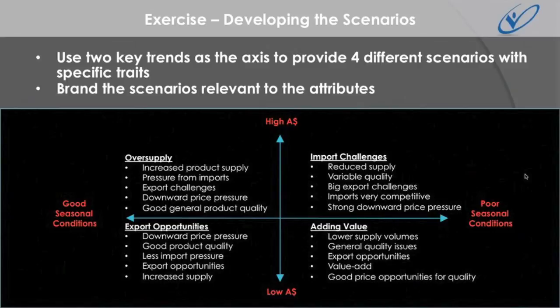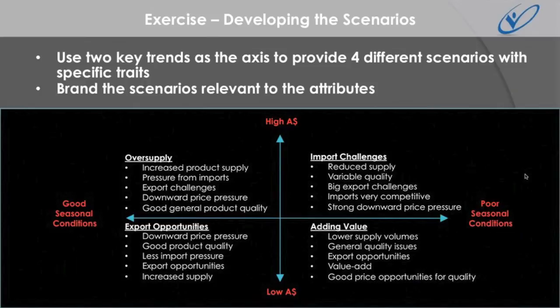So what you do is, in each quadrant, you just come up with 4 or 5 points that describe that particular scenario in a little bit of detail. And then you go around like I have and give them a name. I've called each of the scenarios in mine oversupply, import challenges, adding value, and export opportunities. And you've just created 4 different scenarios that you can then test against your